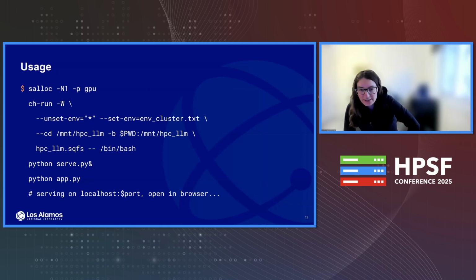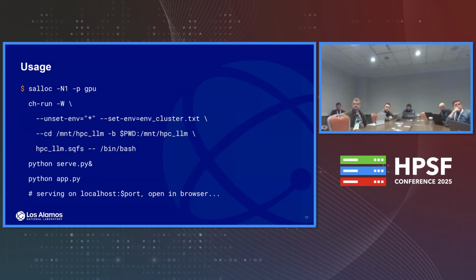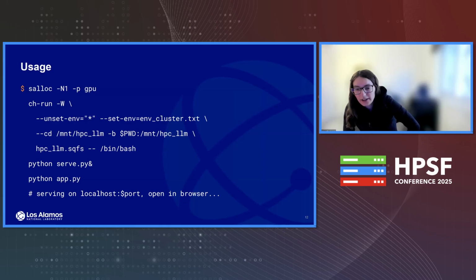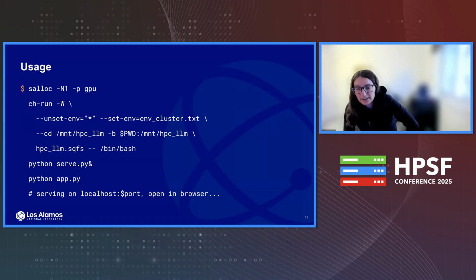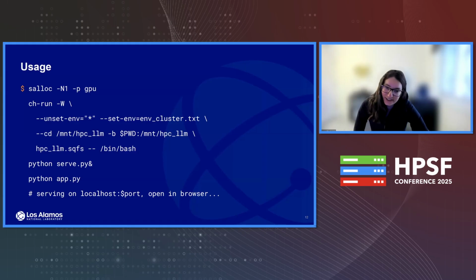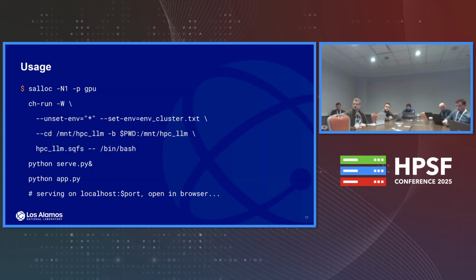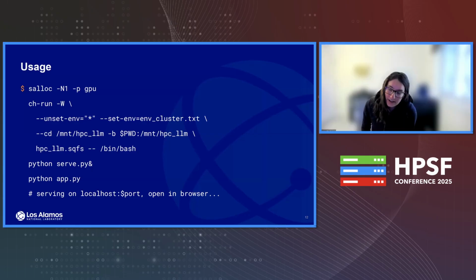After you've done that one-time setup, you of course want to use the system. So on the first line, we're checking out a GPU node, and then we're running that squashfs container that we set up in the one-time setup step on the previous slide. We're using the ch-run command, and we're using the -c flag there, which in my mind is equivalent to the workdir, I guess. And we're bind mounting our current directory, which has all the Python scripts I mentioned earlier, dropping us into a bash shell.